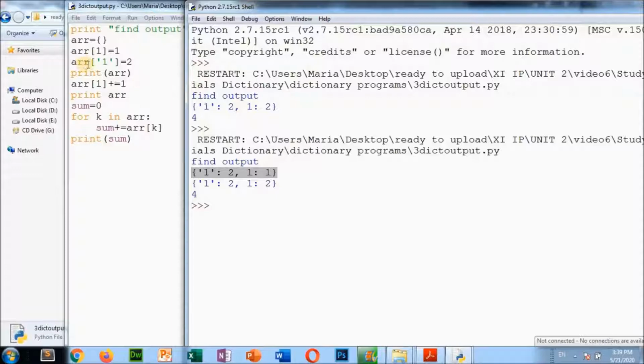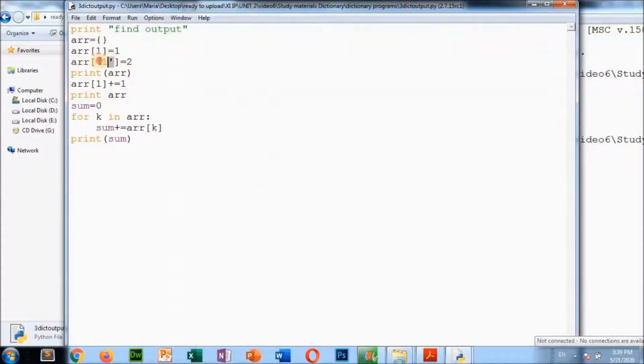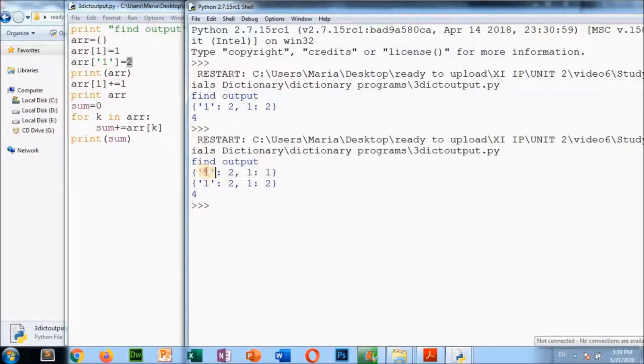In the next value what we are doing, '1' equal to 2. So this is the key here and this is the value here. Now see the output. This key is a string value we are assigning here. So that is why this string value is coming, and this is key, this is value. Done. So print ARR means this output is coming.